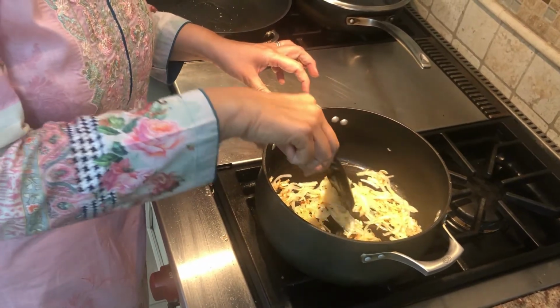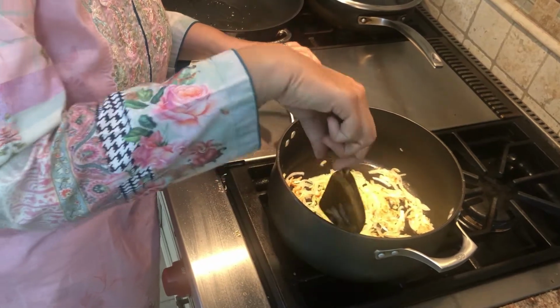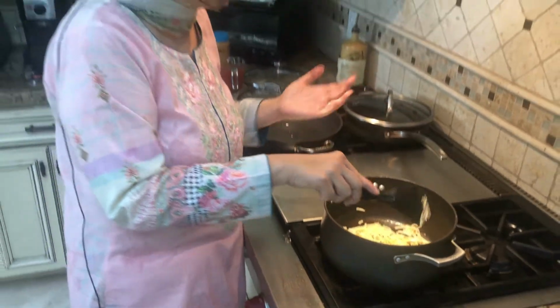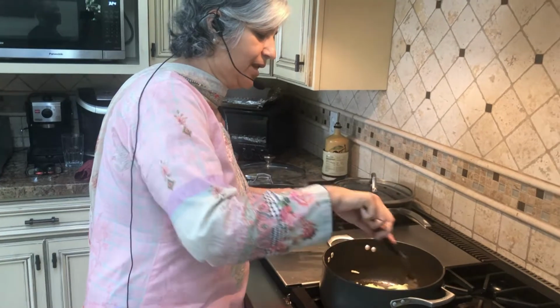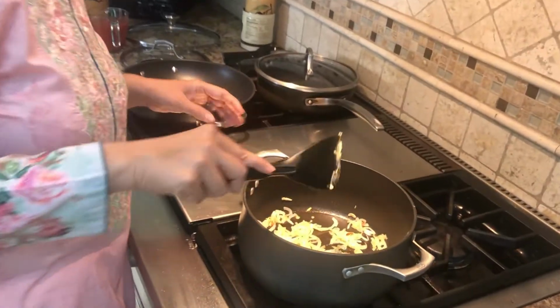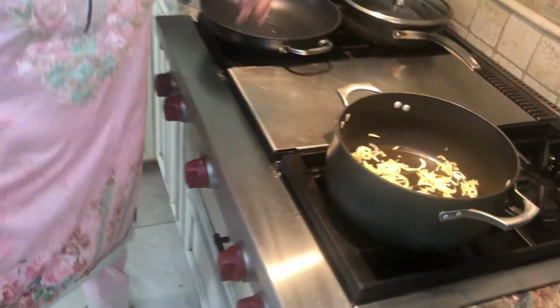I added about a couple of tablespoons of oil. If my mother was making it, it would be about 1 inch of oil. So this is to taste. You decide how much oil you want, but you basically want the onions to be a light golden brown. And to this, it's 1 onion. To this, I'm going to add about 1 tablespoon or 1.5 tablespoons of garlic